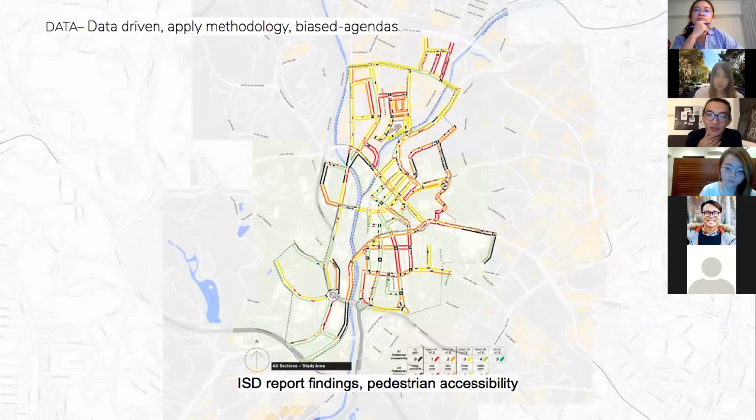But this is just one of the findings. This is the visualization of the data. As you can see, from black to green, there are six classifications. Black means there's no path, no place for you to walk at all. Red means there are a lot of major obstacles. Orange means there are minor obstacles. Yellow means there's space to walk, but there are still major obstacles. And green is the areas where you can walk freely. So as you can see, KL is not a walkable city. And you can also see all the crossing points as well.